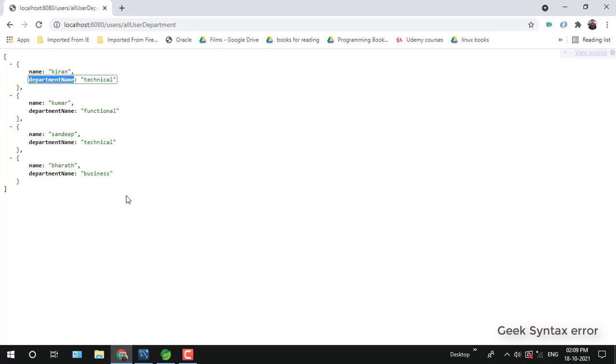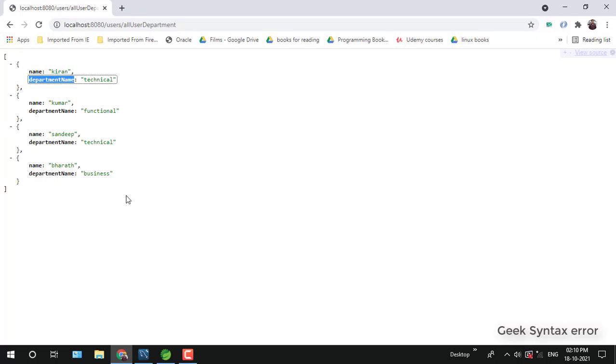If you want to run any native query on the same table, you can make use of a CRUD repository. You can create a method definition in the CRUD repository by putting a @Query annotation and passing your native query to it. This is one way you can achieve that. And if you have a complex query, for example, you are taking records from different tables using joins like inner join, left join, right join, and all, you can make use of DAO classes for that.